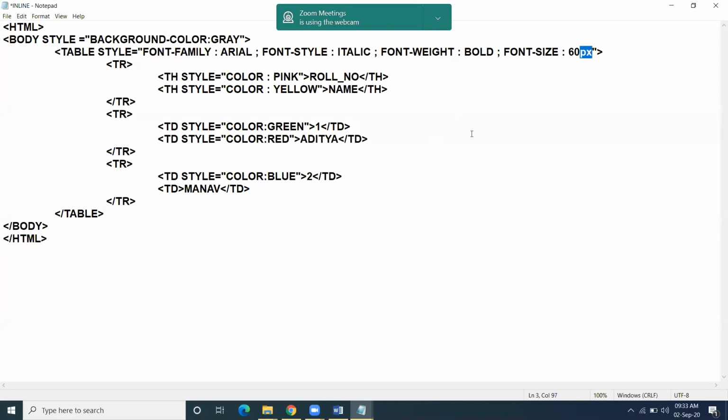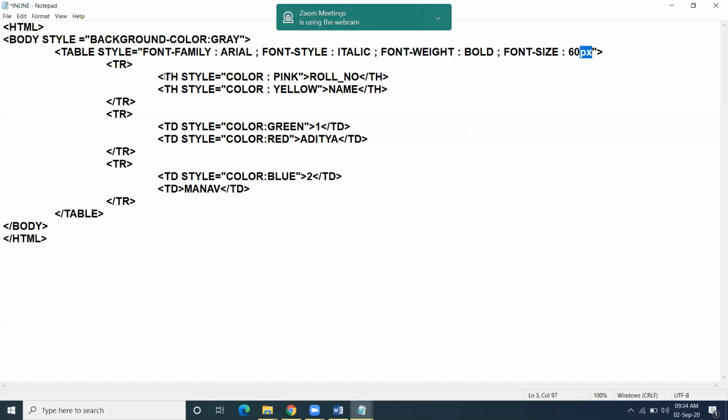Px is the unit, pixel unit. 1 pixel means 1 dot. 60 pixels is the size of font size property, right, that you are using in CSS. As and when you make codings in the coming time, you will get to know the properties. In starting, you will face some problem, but in the coming time, when you start making codings, you will feel easy with the properties, right?